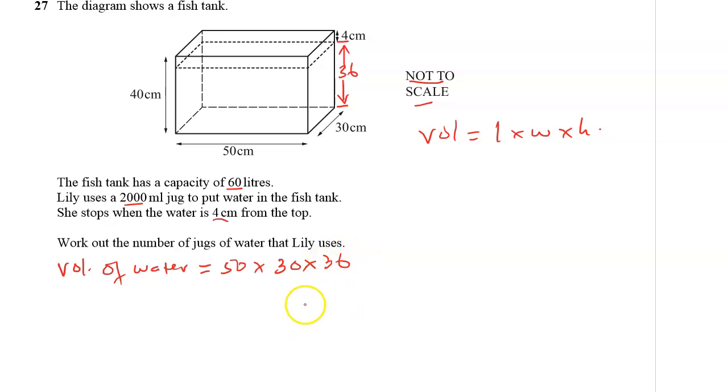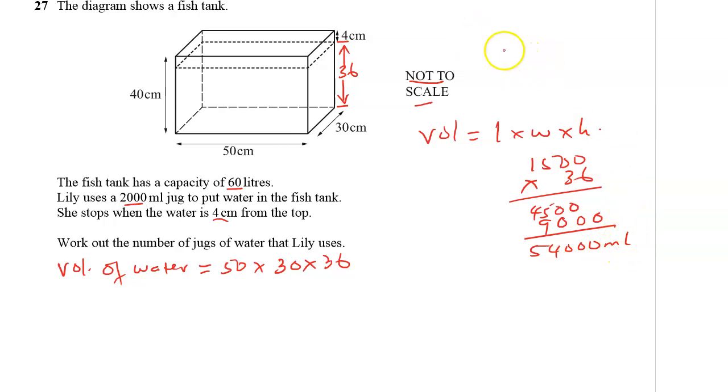Okay, because when you do that, 50 times 30 will give you 1500. 1500 times 36. This is going to be 0, 0, 5, carry 1, 3, 4. This is going to be 0, 0. That is long multiplication. You're not supposed to use a calculator. 30, 0, carry 3. This is going to be 9. And of course, when you work out nicely, you get 54,000